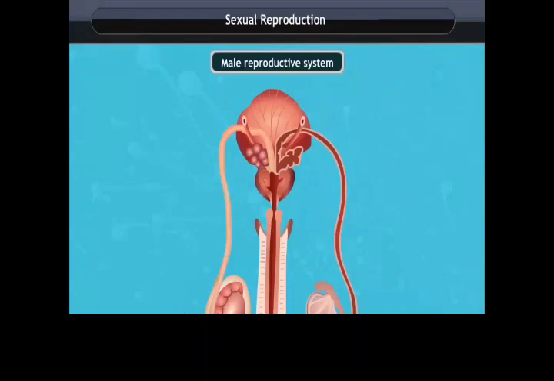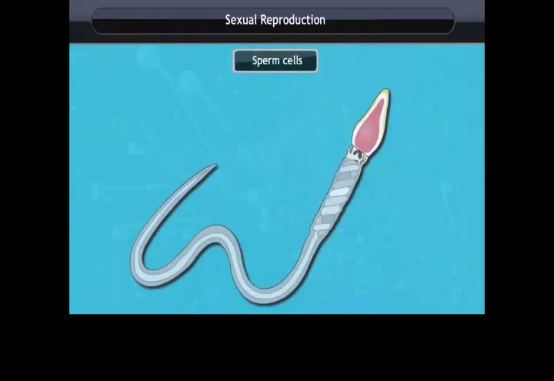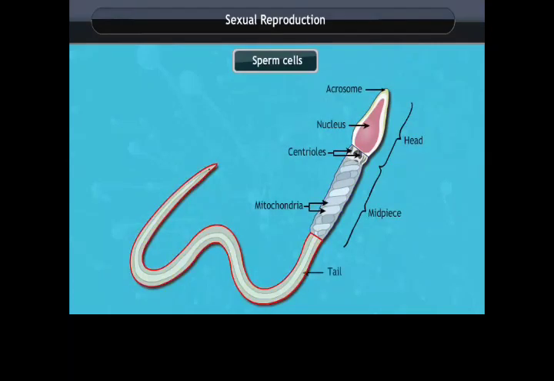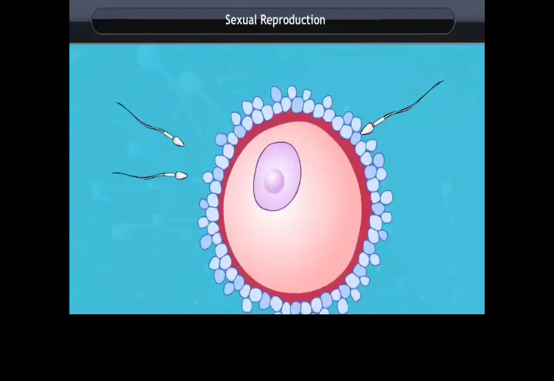Along the path of the vas deferens, glands like prostate and seminal vesicles add their secretions, which serve as a medium of transport of the sperm. The sperms are tiny bodies that consist of mainly genetic material. It is divided into head, midpiece and the tail. Its long tail helps the sperm to move towards the female germ cell.